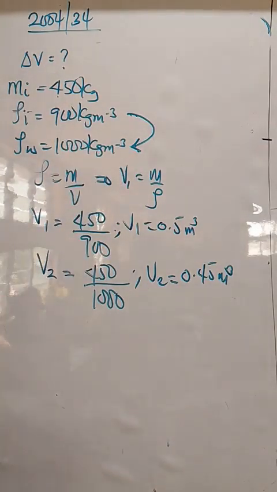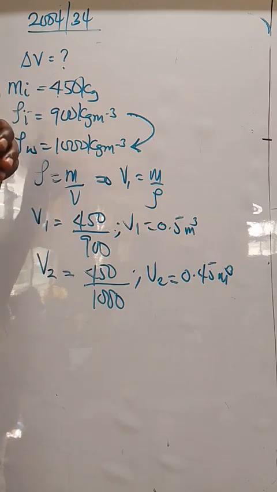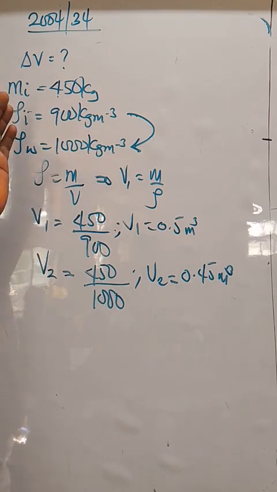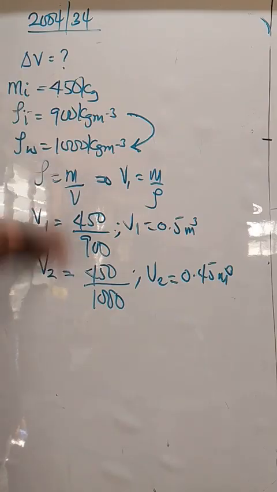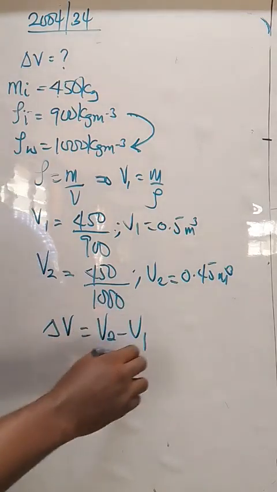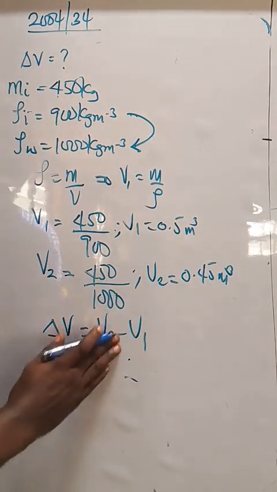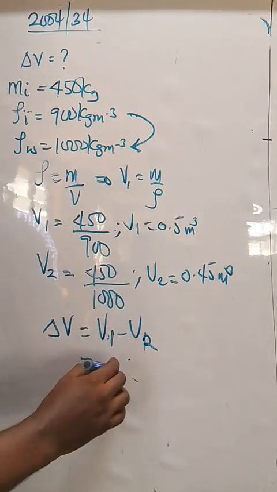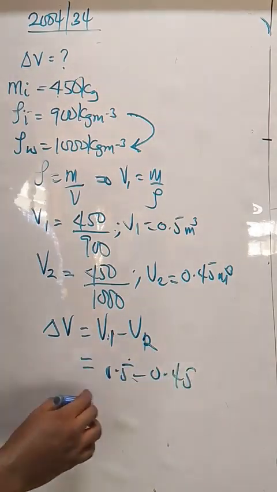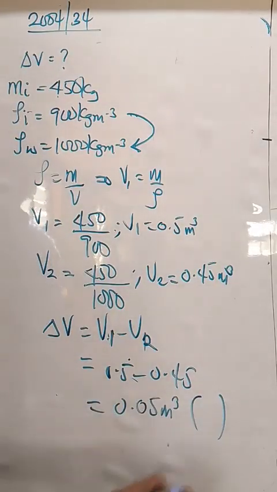Normally, we expect that ice will be less dense than water, but it is opposite here. Due to the anomalous behaviour of water, density increases when the ice turns to water. So we are looking for the change in volume, V1 minus V2, which is 0.5 minus 0.45. And that's 0.05. Option